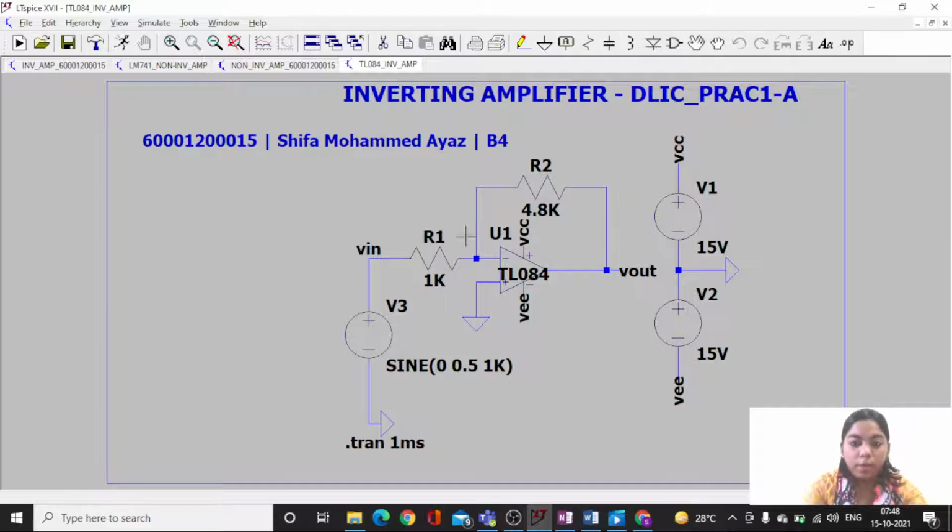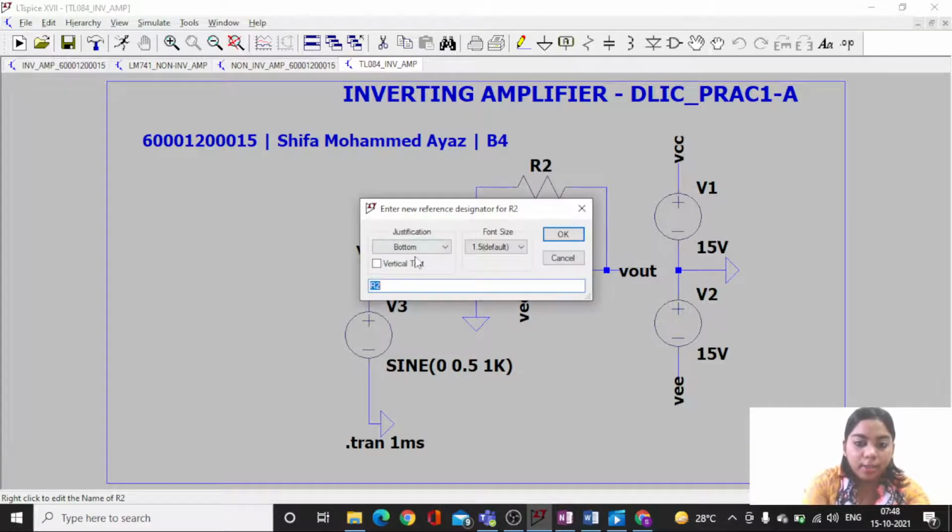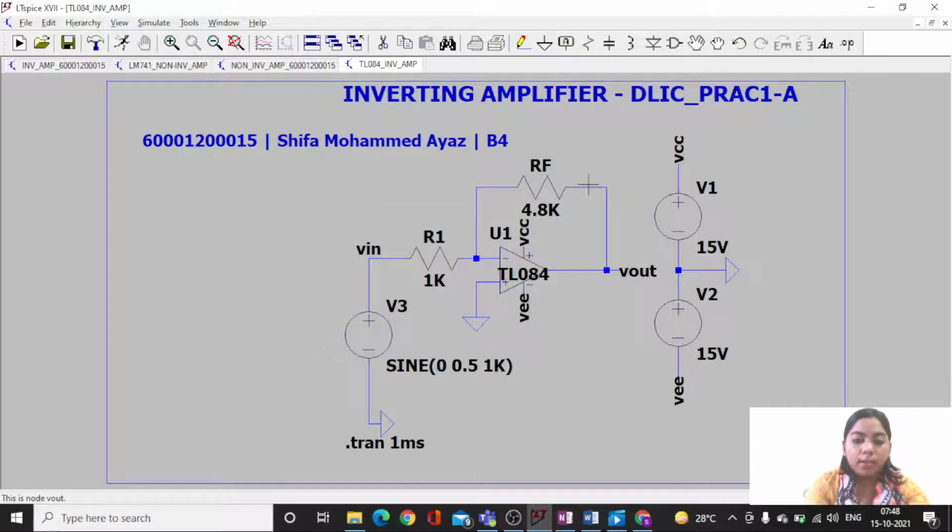This is the configuration. This R2 is nothing but your RF resistor, that is your feedback resistor, and this is your R1 at the input, and this is your VCC and VEE. The supply voltage is plus 15 and minus 15 volts.